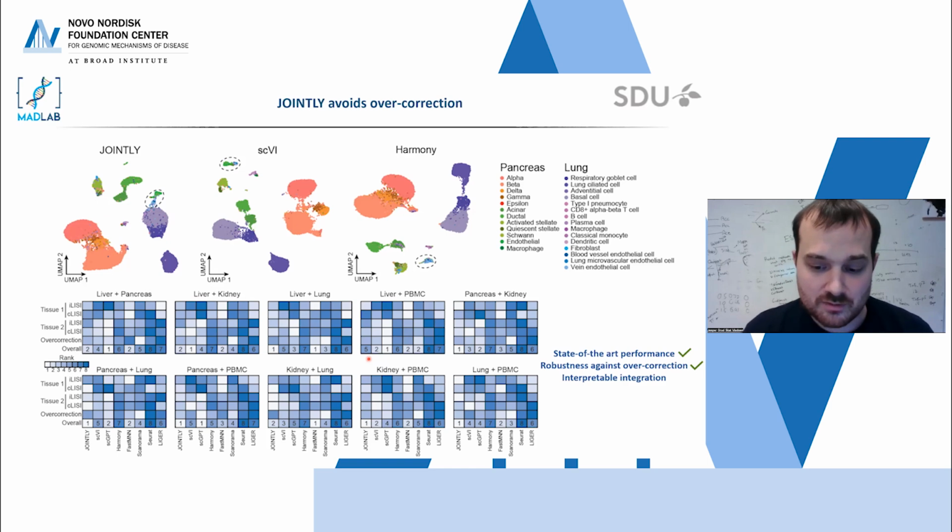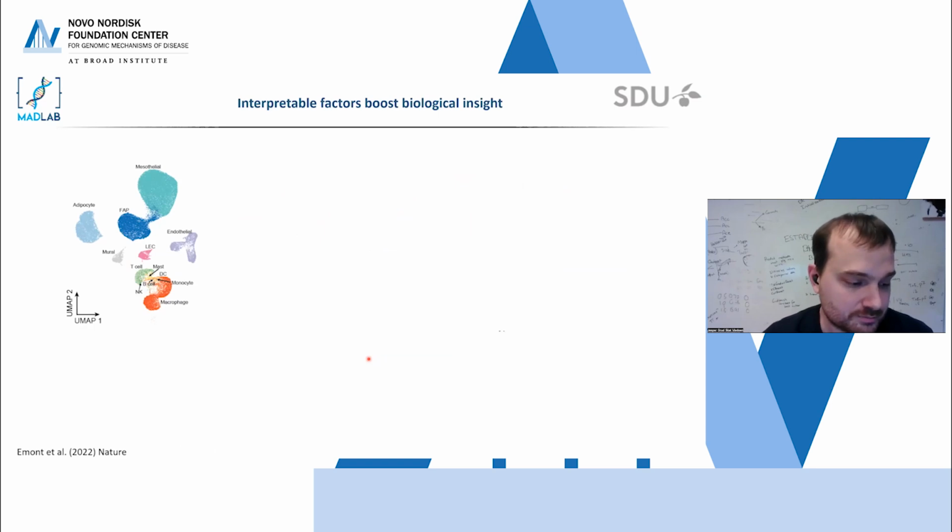Then the final thing to evaluate is interpretation. What is the value of having an interpretable model? Does it bring anything, or should we just use these uninterpretable models that might have as good or perhaps better integration performance? So in order to evaluate that, we looked at a data set from human adipose tissue from the Rosen lab, and we integrated it using